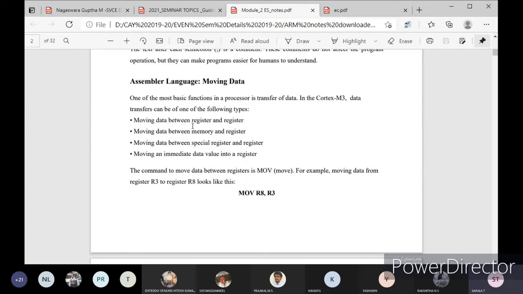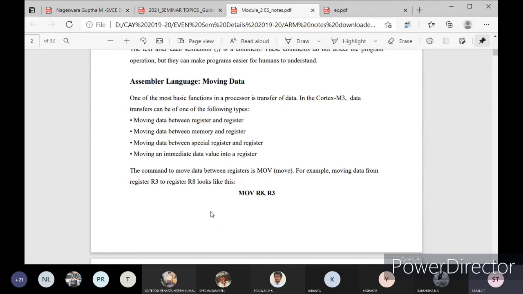One is moving data between register and register, that is, one register has the data and you can transmit that to another register. Moving data between memory and register, from any memory address to the register. Then moving data between a special register and a register.